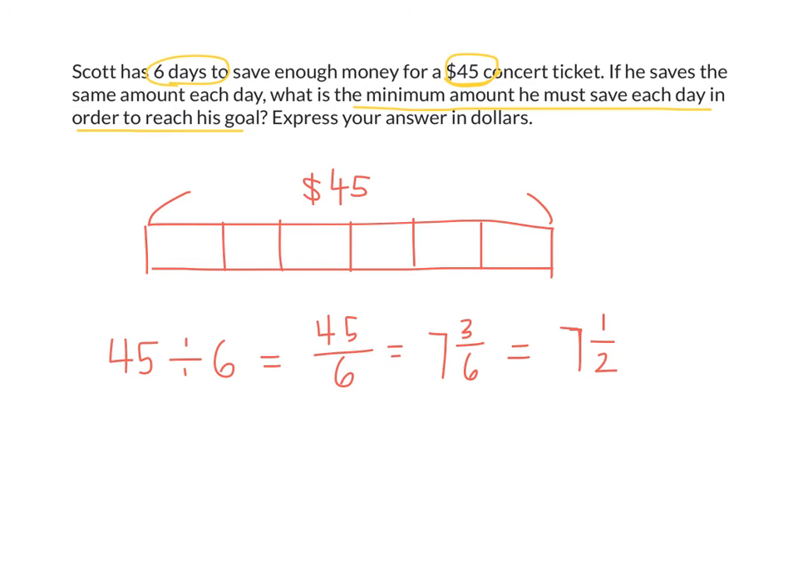Right? Okay. But the answer tells us to express our answer in dollars. Follow along with me. I know you can't see it on the screen right now. I'll deal with that in just a second. How much is $7.50? 7 and good, $7.50. He needs to save $7.50 each day for 6 days in order to reach his